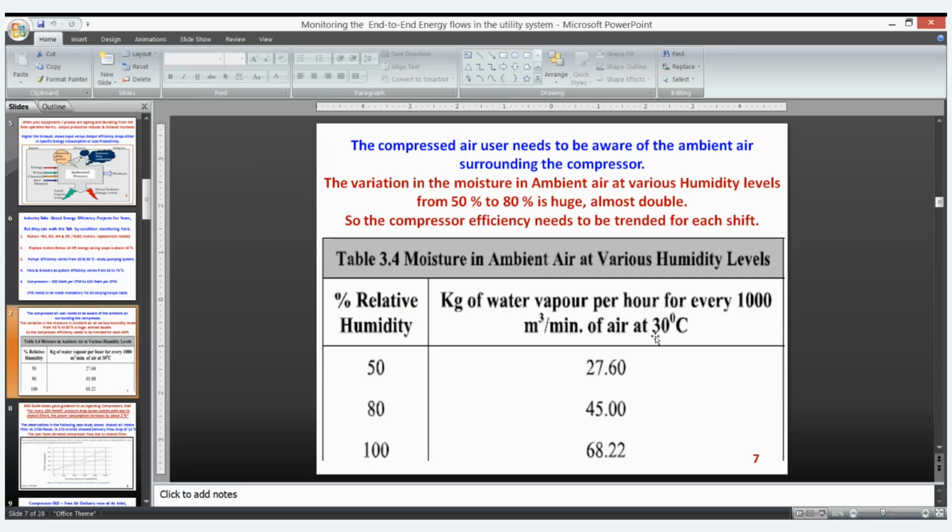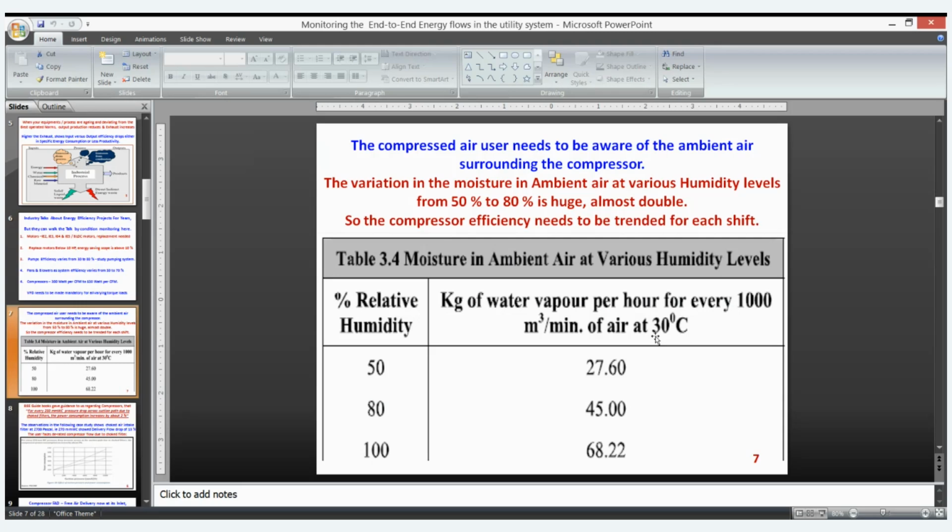I am trying to share case studies of utilities where condition monitoring can be used to improve performance. I am first taking the compressor as the subject. The compressor air has variable inputs, like RH and temperature. See, from daytime to nighttime, the difference in moisture in the ambient air